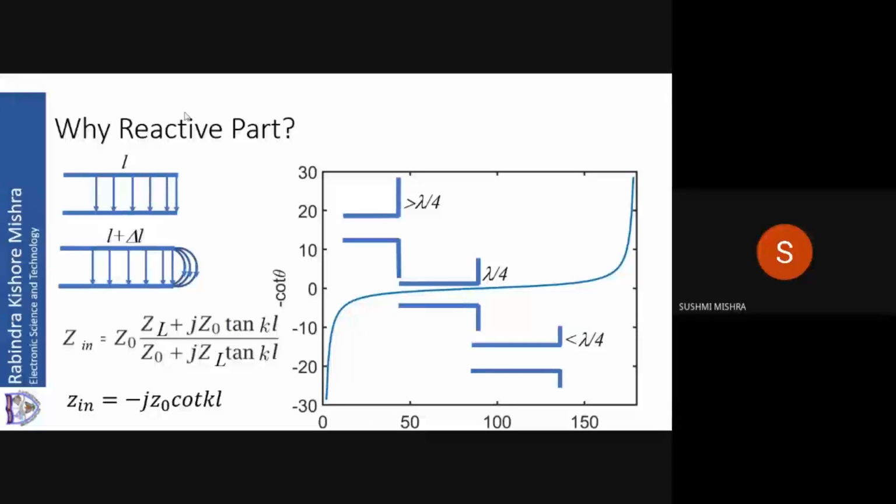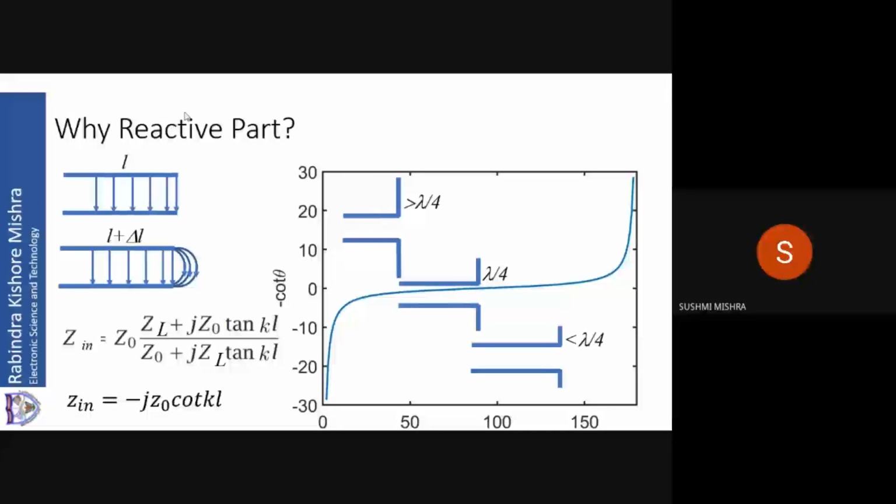But remember, I am not saying that I will get 73 ohms and no reactive part. I am saying that I will get no reactive part if I take a shorter antenna at the desired frequency. So remember that this is at the design frequency. Instead of 0.5 lambda, take 0.48 lambda or 0.47 lambda. The rest of the things we'll discuss later, once we are over with this.